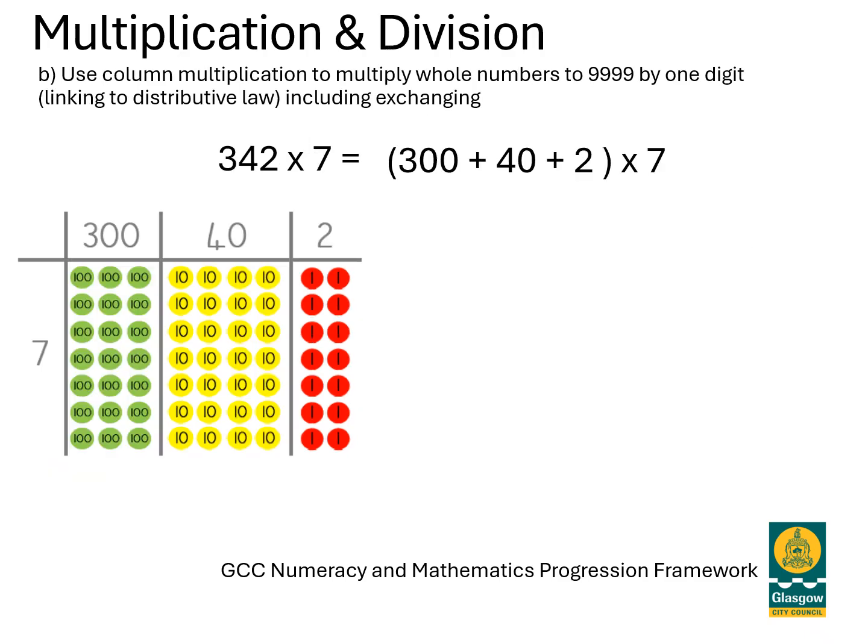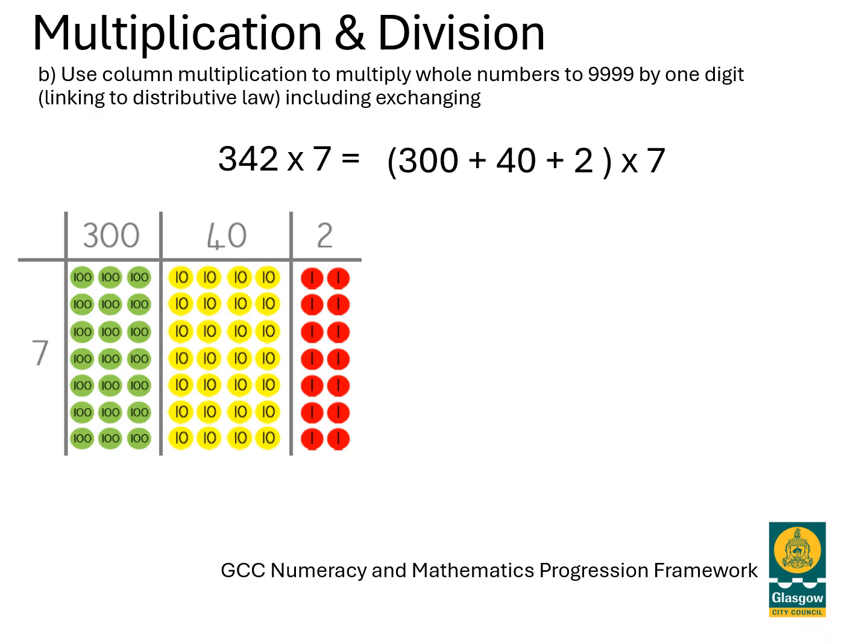So extending that then to a higher number of digits. Here we've got 342 times 7. Pupils should be confident splitting that up, partitioning that number in the same way into 340 and 2, and tackling each of those individually. And what we want to do at primary 6 is to relate that to column multiplication